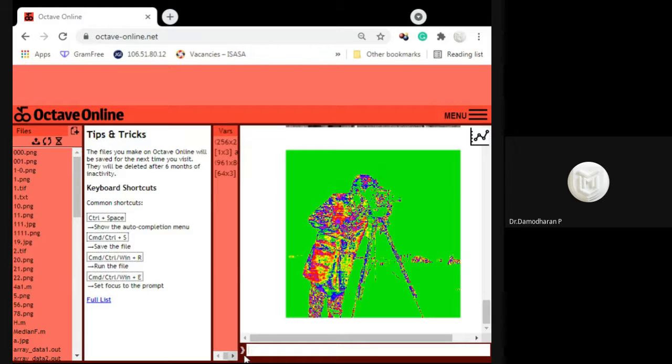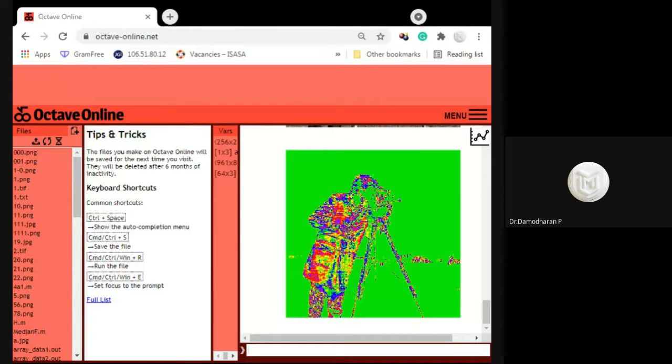Now I'm going to copy this program in the chat box. Try to execute it and show me the output. Okay, I'm going to type the program in the chat box. Try with a black and white image, a grayscale image.